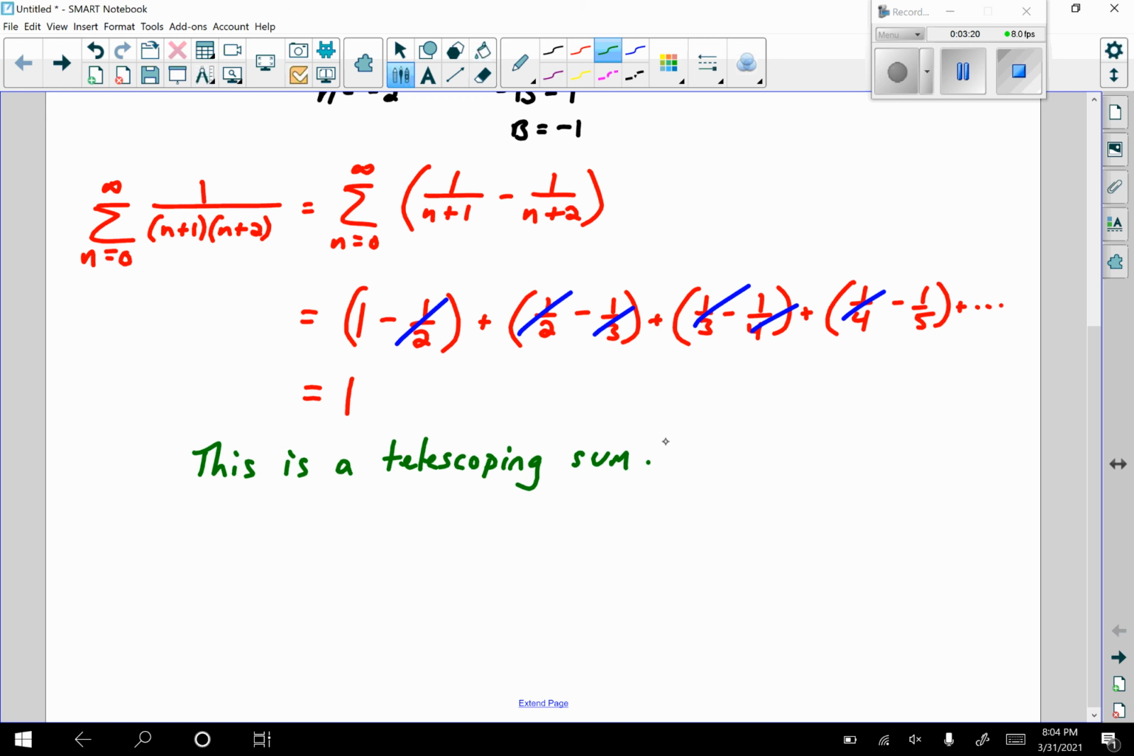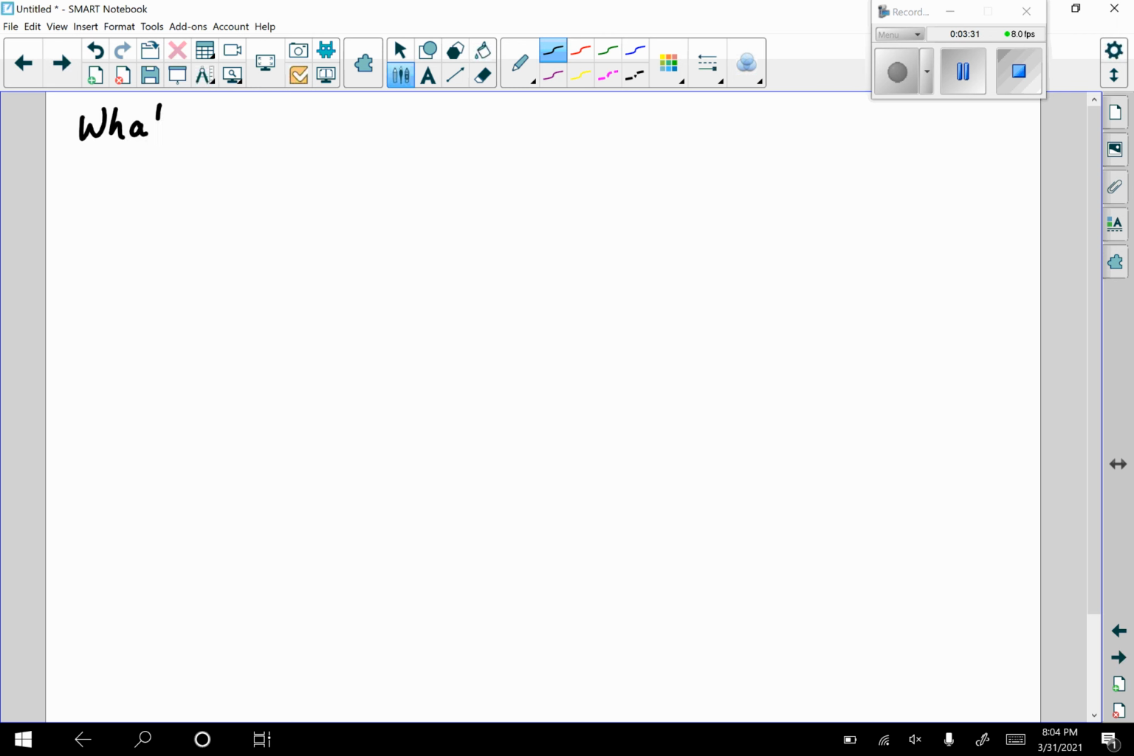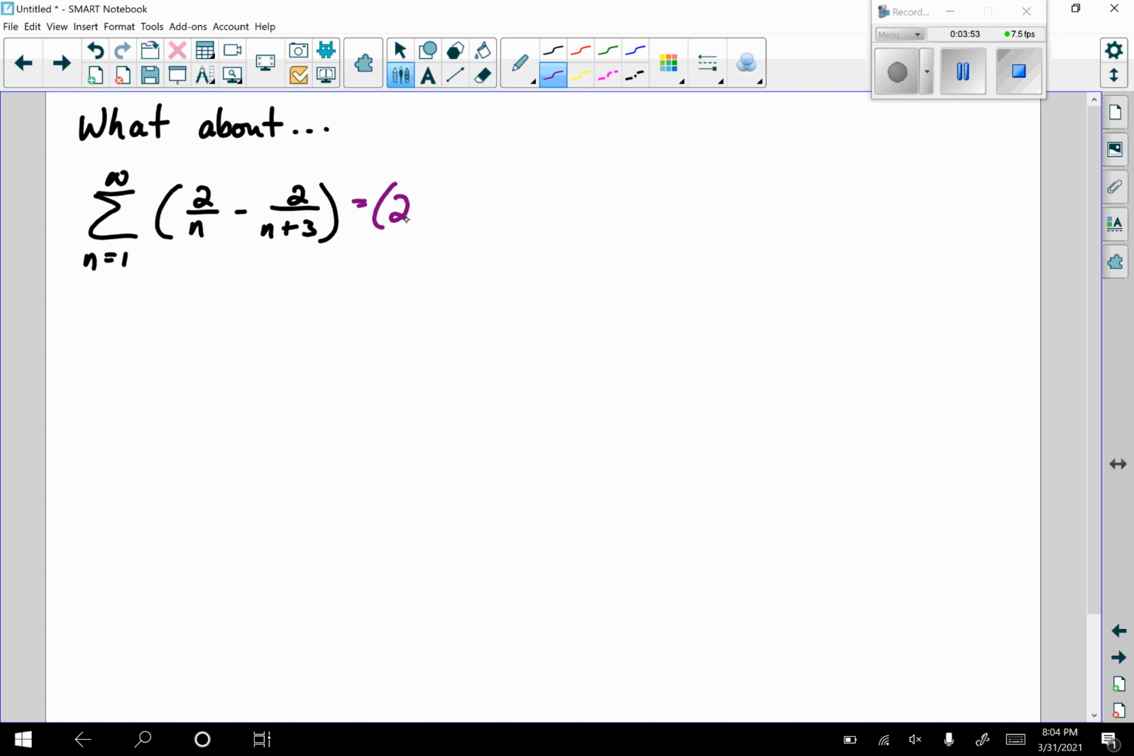So we'll practice another one, not necessarily using the partial fractions, but just to get some more work with a telescoping sum. So let's say the partial fractions portion was already done for us, and we have the sum as n goes from 1 to infinity of 2 over n minus 2 over n plus 3. So again, just start to write this out. If n is 1, we're going to get a 2, and then we're going to get a minus 2 over 4, so we'll see minus 2/4,